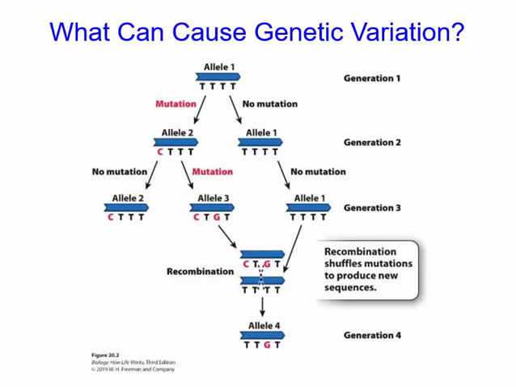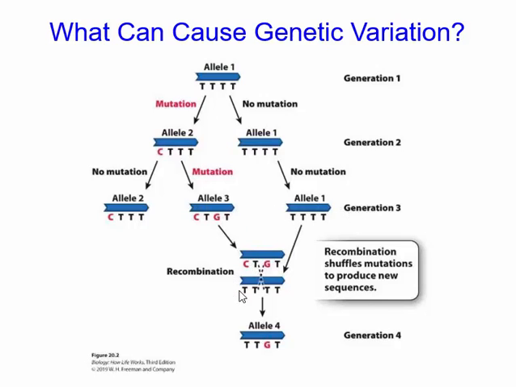So let's layer in meiosis here now, thinking about sexually reproducing species and where that genetic variation comes from in them. So here we have allele 1. And in the second generation, you have these two individuals. Here, a mutation occurs, so now there's a difference between those alleles. Here's actually a second mutation that occurs in generation number 3. So now these individuals come together and mate,